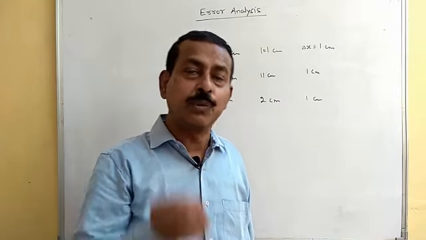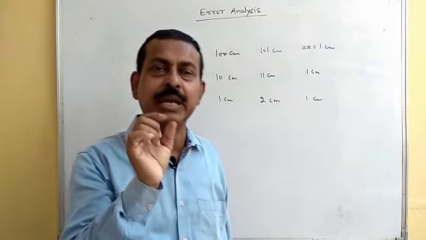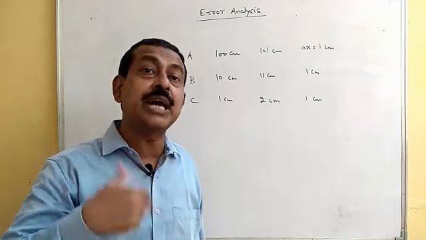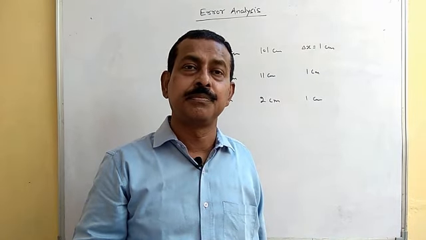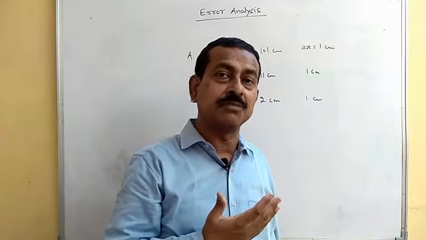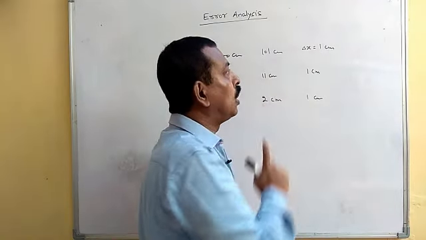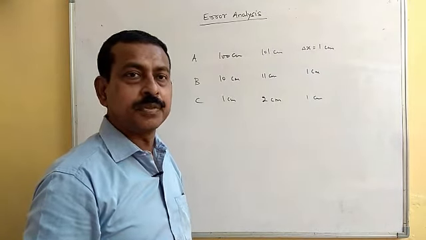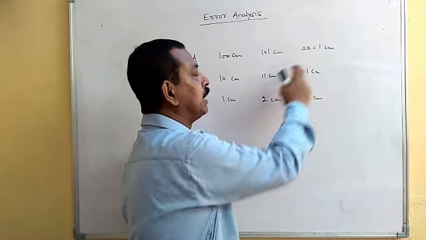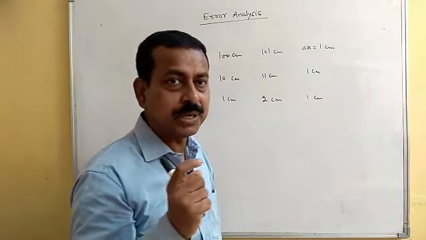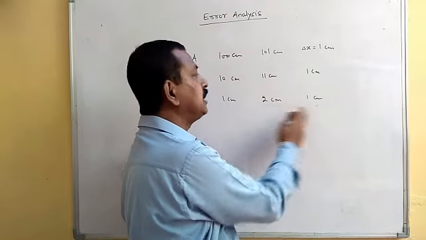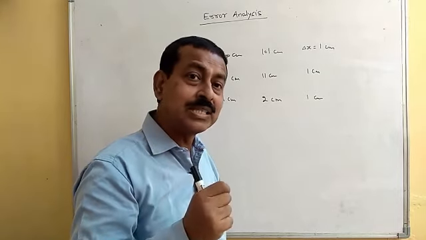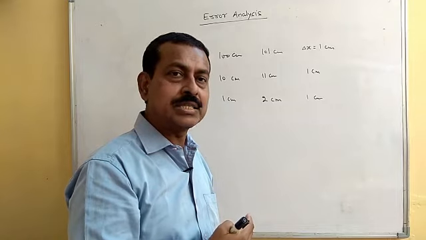Definitely not. We will also have to see, if absolute error has a particular value, what was the actual measured value in which that error has come up. So here absolute error is not enough. A had made an error of 1 centimeter when the measured length was 100 centimeter, whereas B has made an error of 1 centimeter in the measurement of 10 centimeter, whereas for C it was 1 centimeter when the measurement was of only 1 centimeter. So absolute error is the same.